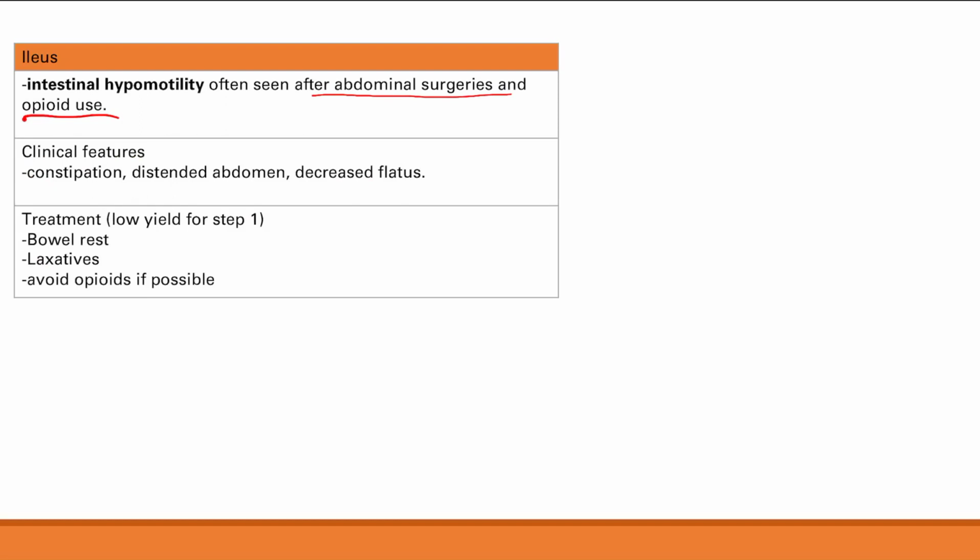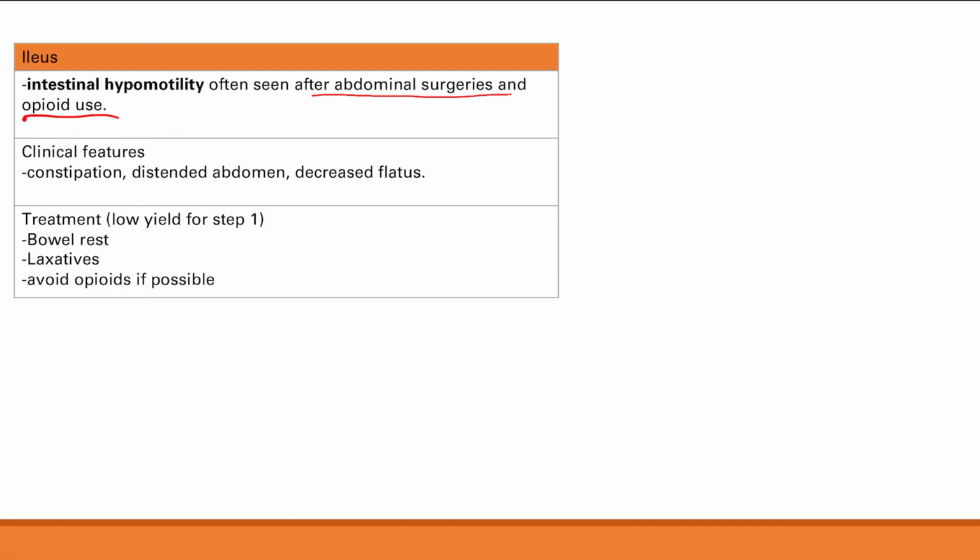That's what we call it. You advance their diet from liquids to solids. You start with soft solids and you get to more solid stuff. And you just keep going. You go a little bit at a time and just make sure that they're not nauseous or vomiting. Other thing we can do is we give them laxatives, helps them poop. And then, of course, you can avoid opioids as much as possible. There's other drugs that we can give them that don't cause as much intestinal hypomotility for their pain control. So that is it for